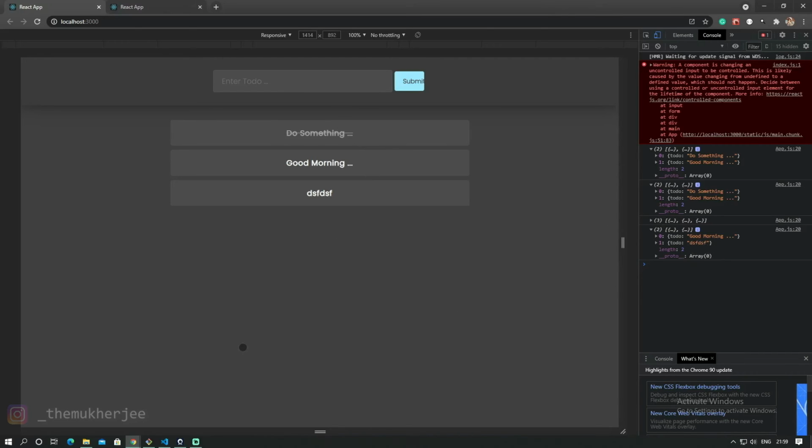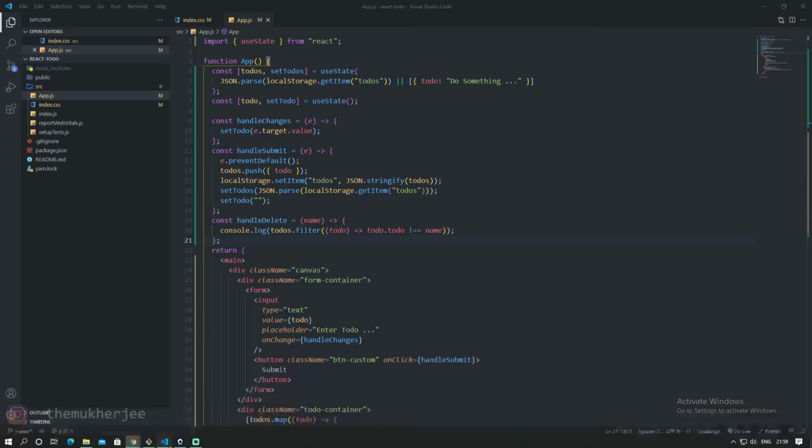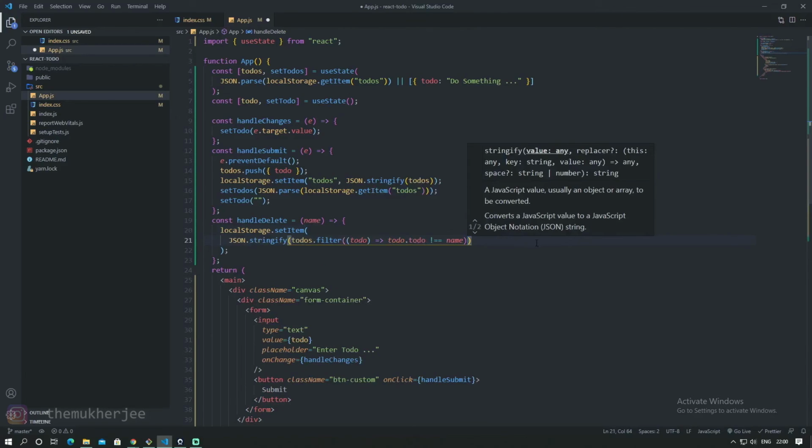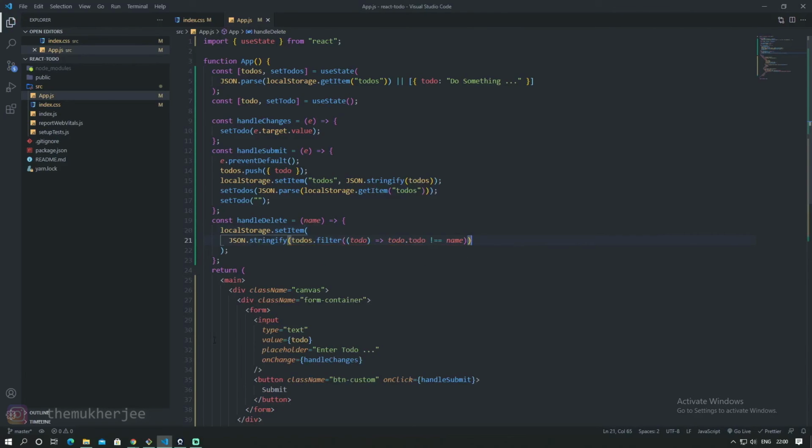So rather than console logging it, we want to do it as a localStorage.setItem. Let me copy it from here and put it here. But no, this is not going to work. We have to stringify it to make the operation work. So I'm going to select this filter operation and say JSON.stringify, and inside this I'm going to put it. And now if I save this